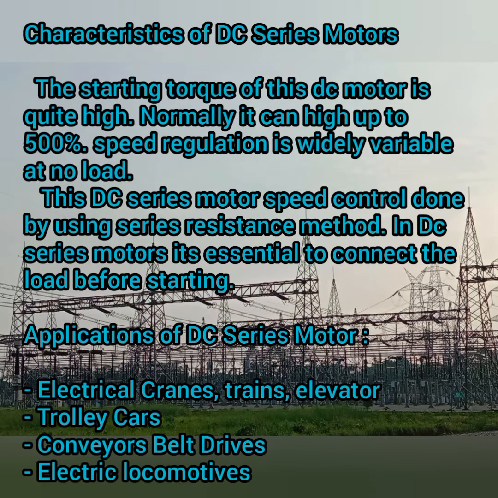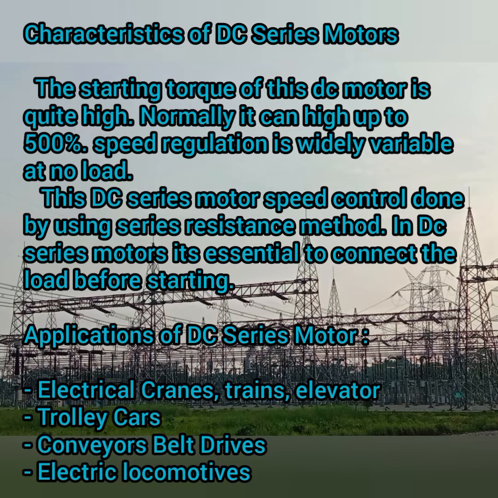Coming up to the characteristics. So the starting torque of this motor is high, which is up to 500%, and also the speed regulation varies widely with no load condition. This DC motor control can be done by connecting a series resistor method. In this motor, it is essential to connect a motor with the load, which means before starting of this motor. This is mainly used in your electrical cranes, then electrical trains, then for your trolley cars, conveyor belt drives,